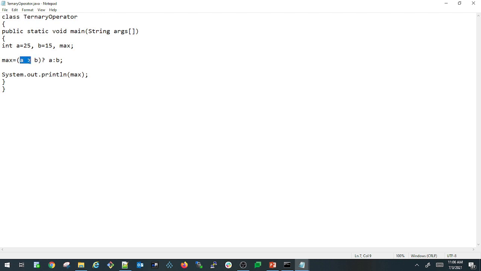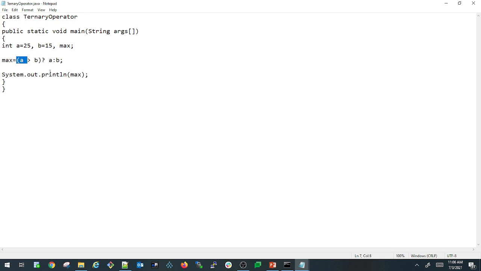If this expression returns true, the first expression gets executed, whereas if it returns false, the second expression gets executed. Here a is greater than b, which returns true, so it assigns the value a to max. But if it returned false, it would assign the value b to max.